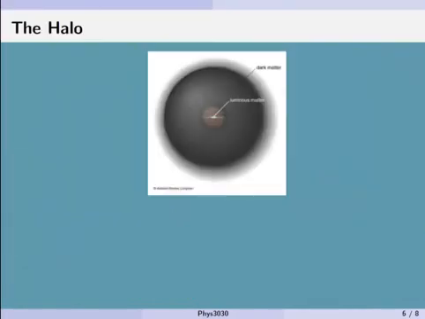And just to give you an idea of what we're looking at, here's a little diagram of how much dark matter we really think there is, right? In the center here is the luminous matter. So that's like the bulge of the galaxy, and these are the arms of the galaxy. That's what we can see of a galaxy. And it looks like there's got to be a huge, what we call halo of dark matter around this thing, okay? And this is mostly from the galactic rotation curves, right?